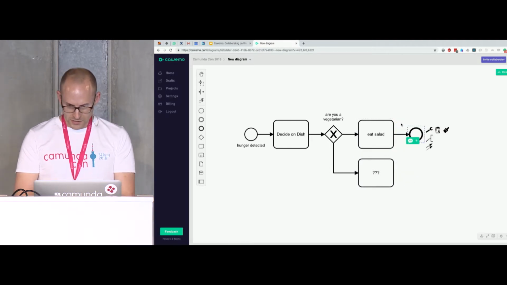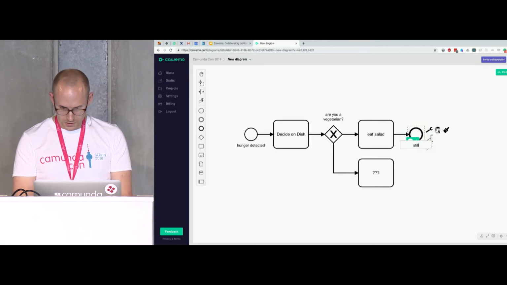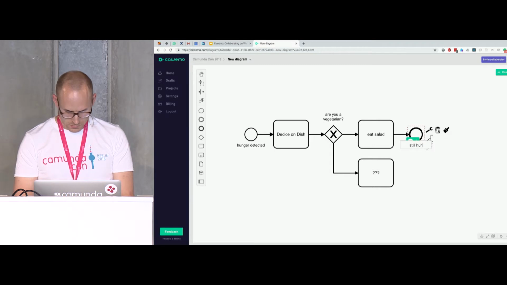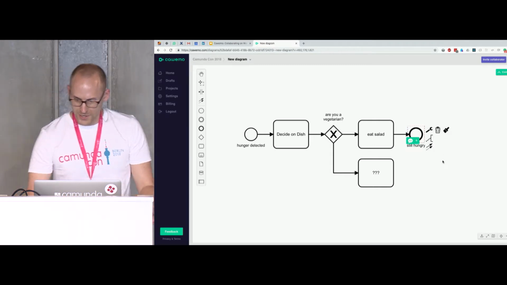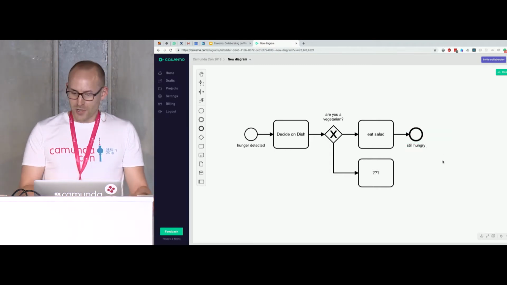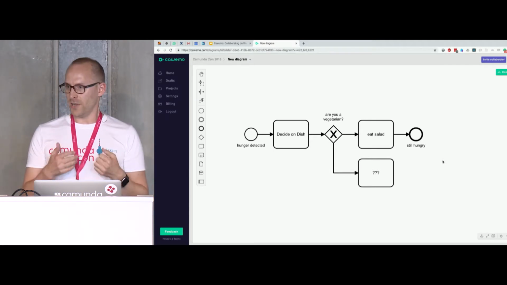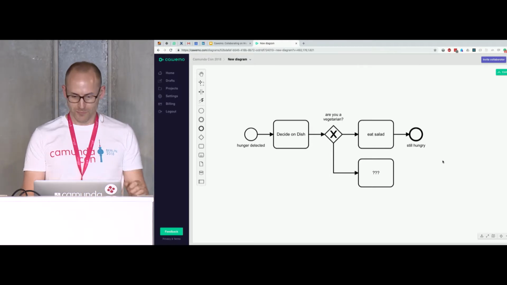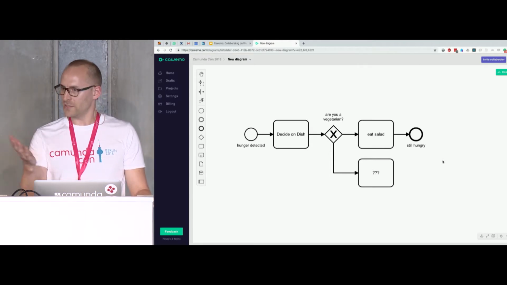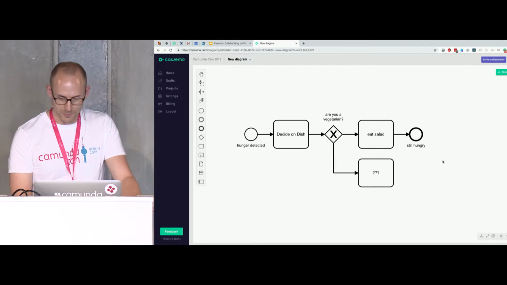Here we have an end event then. Let's give this a nice name. I think what would be appropriate is something like this. Okay, so now I would be at a place in my workflow where I'm stuck. I need help by someone who loves meat, and Daniel is eating meat, as far as I know.